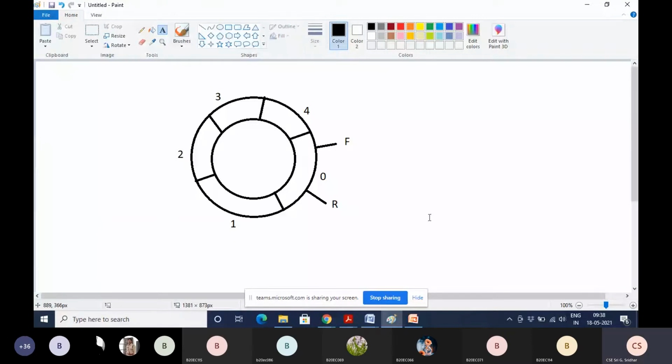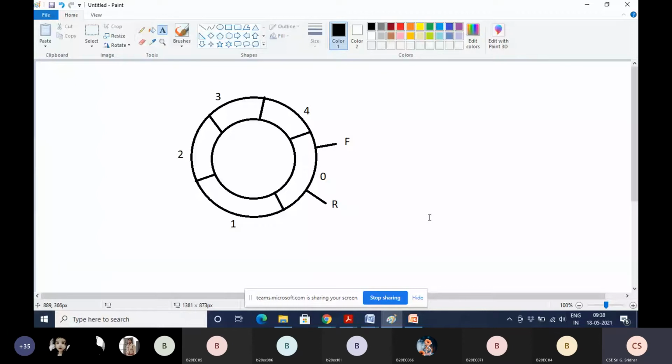The overflow condition check is completed. If that condition is false, the circular queue is not filled. Then what do we have to do? The circular queue has some empty locations.